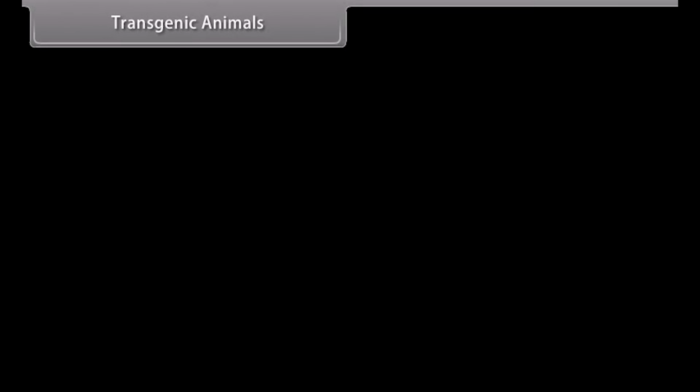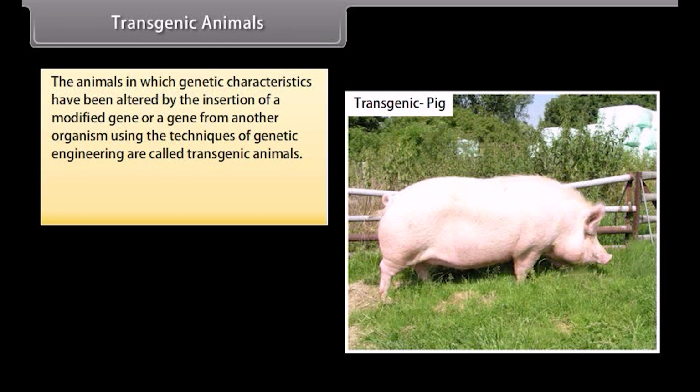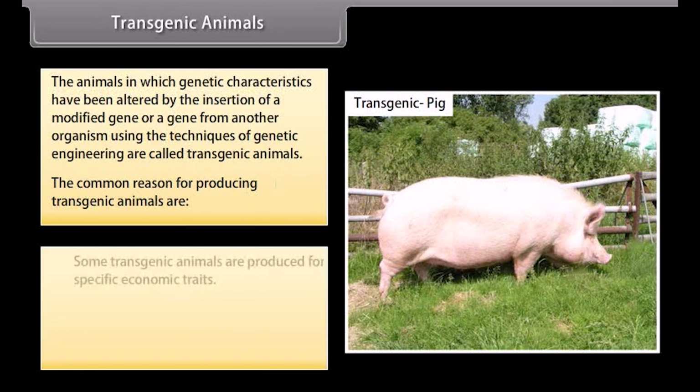Transgenic animals. The animals in which genetic characteristics have been altered by the insertion of a modified gene or a gene from another organism using the techniques of genetic engineering are called transgenic animals. The common reasons for producing transgenic animals are: some transgenic animals are produced for specific economic traits. For example, transgenic cattle were created to produce milk containing particular human proteins which may help in the treatment of